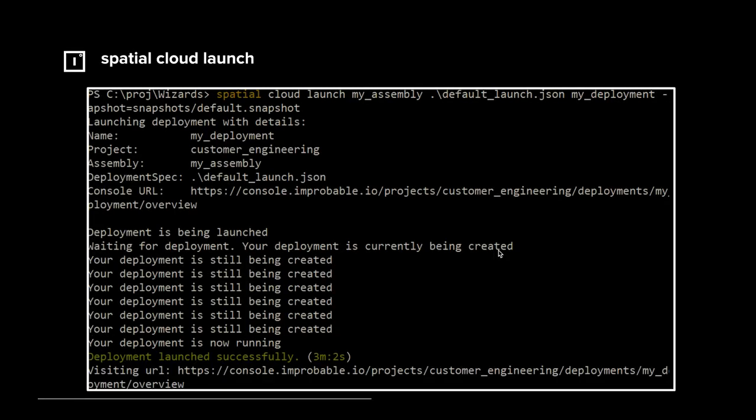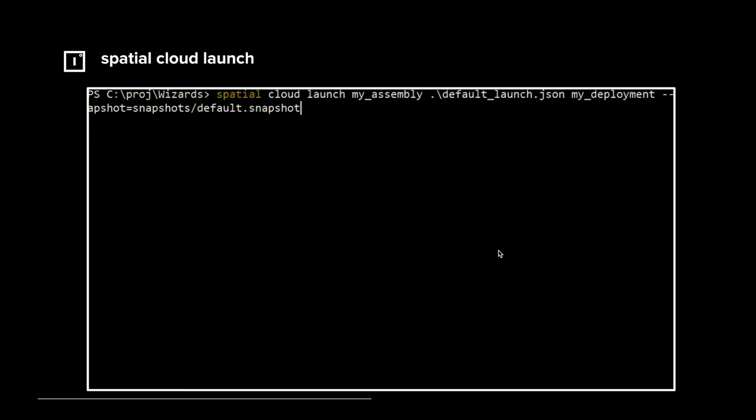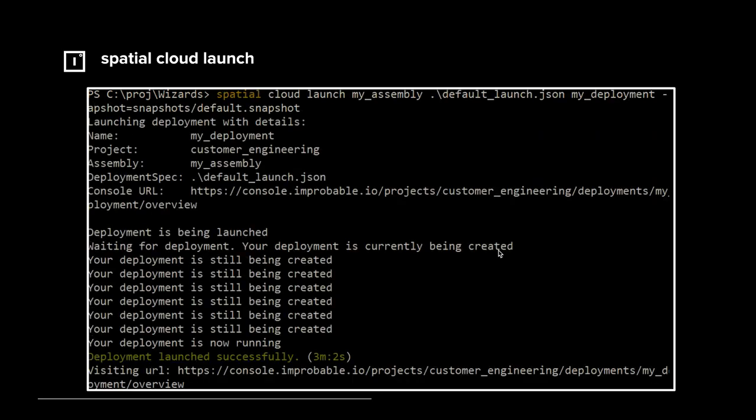Spatial Cloud launch. So obviously we are in all senses a cloud platform, but we're agnostic to which actual cloud platform we work on. We have a wrapper, we ship you a tool, and we allow you to upload to us in a secure way and launch a deployment on a cluster.